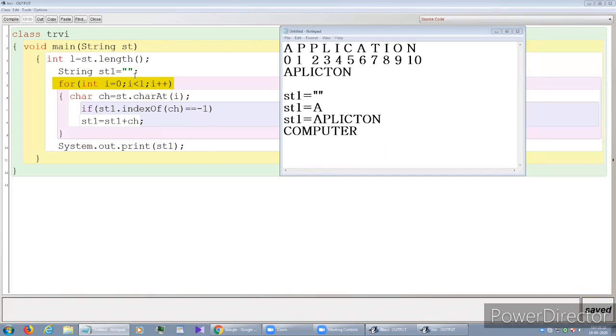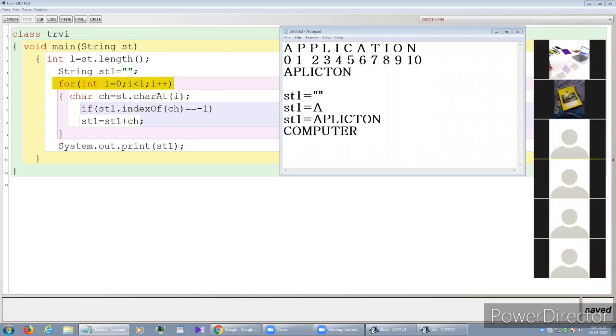Now if you write st1 equal to null, that means no character is there in st1, but it is a string. So if you write st1 equal to ch, and if a is in ch, now a is added in st1. Now if you give b, then b is added. Now c is added. Any doubt? Yes, clear.